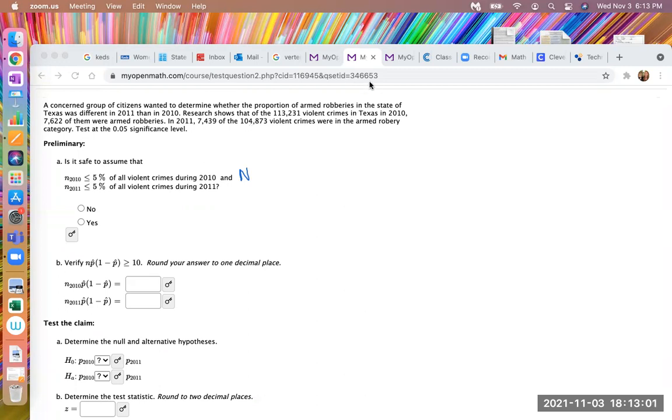It's not the total number from a sample or anything like that. So I think that big N doesn't fit, because they're saying research shows. So to me, I feel like that is a sample. This is all sample data, so it's not information about the entire population of interest.